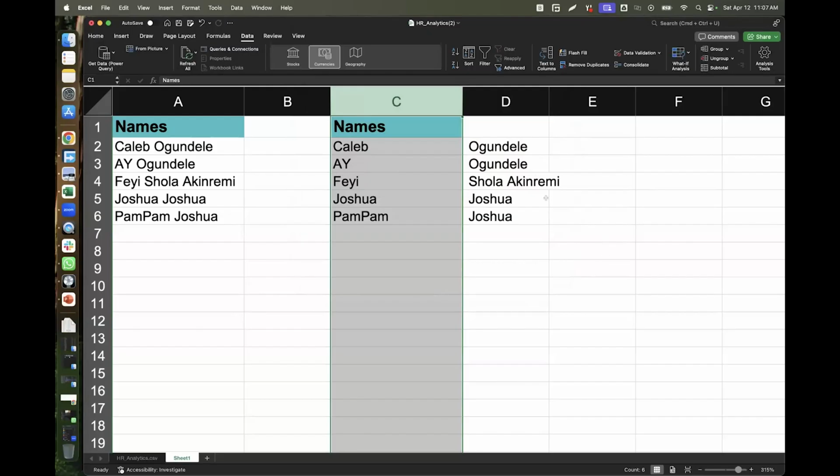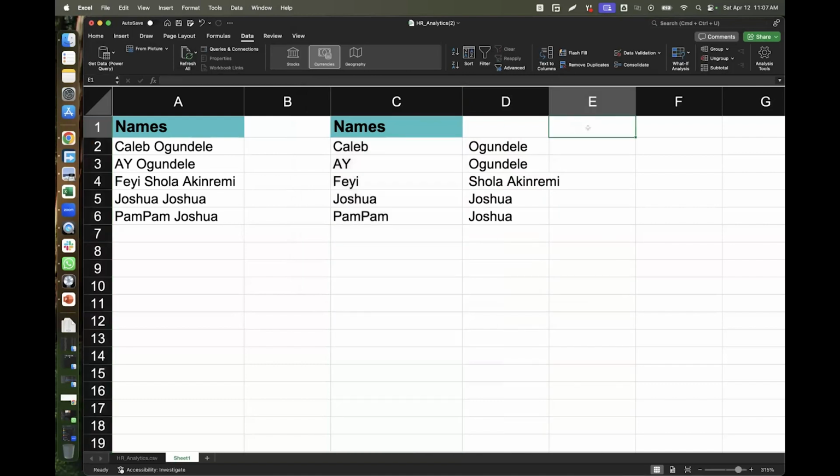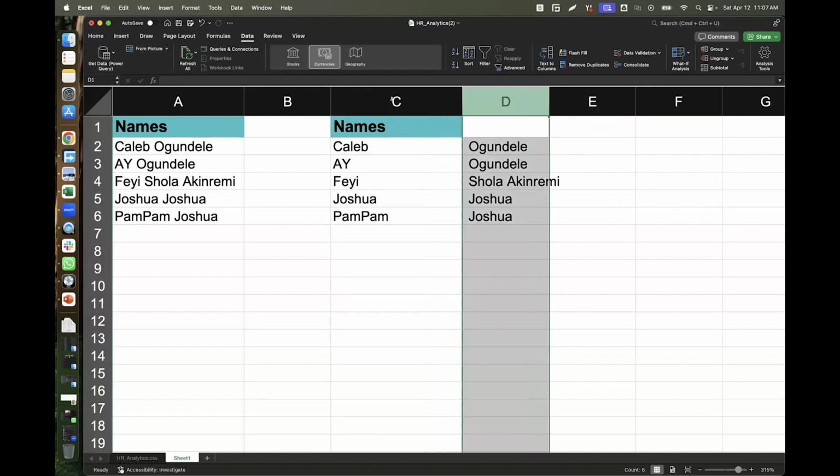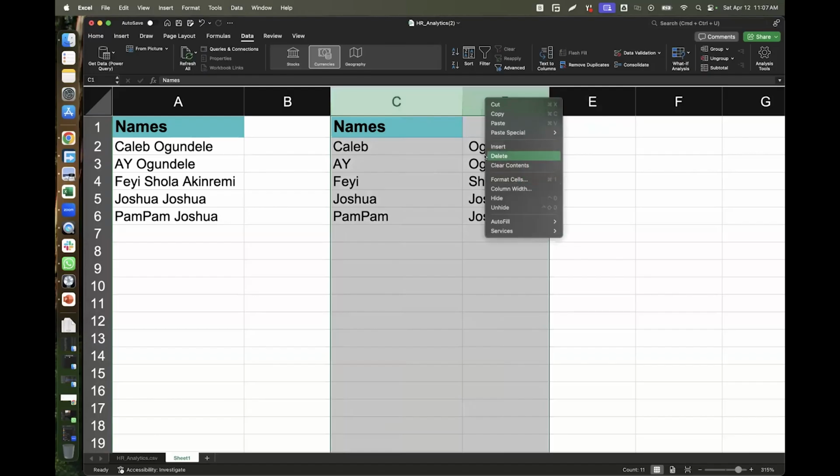So now the question is, we've been able to separate data. How do we bring this data back, assuming that something like Control Z does not exist? That is the place where we now start using things like formulas. In the course of this conversation, I am going to be teaching us things around formulas, but I'll come back to this before I show how we will bring this data back together.